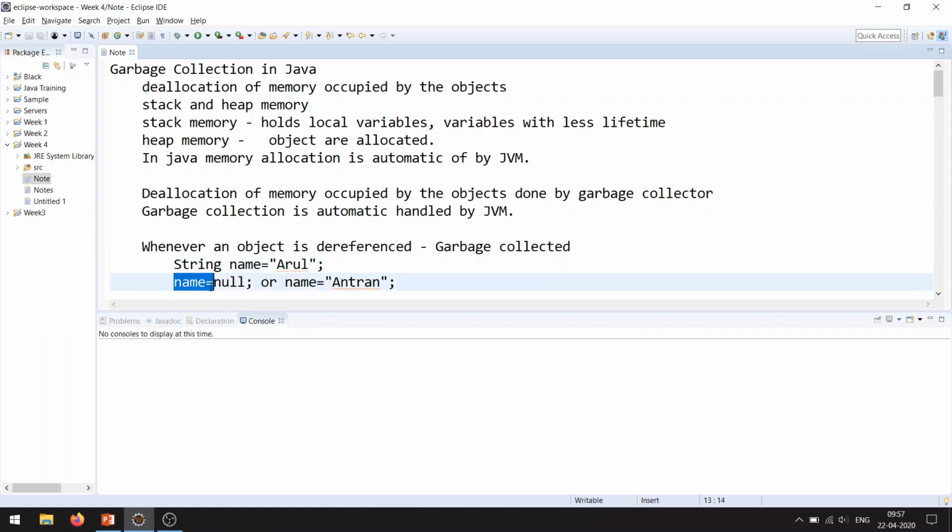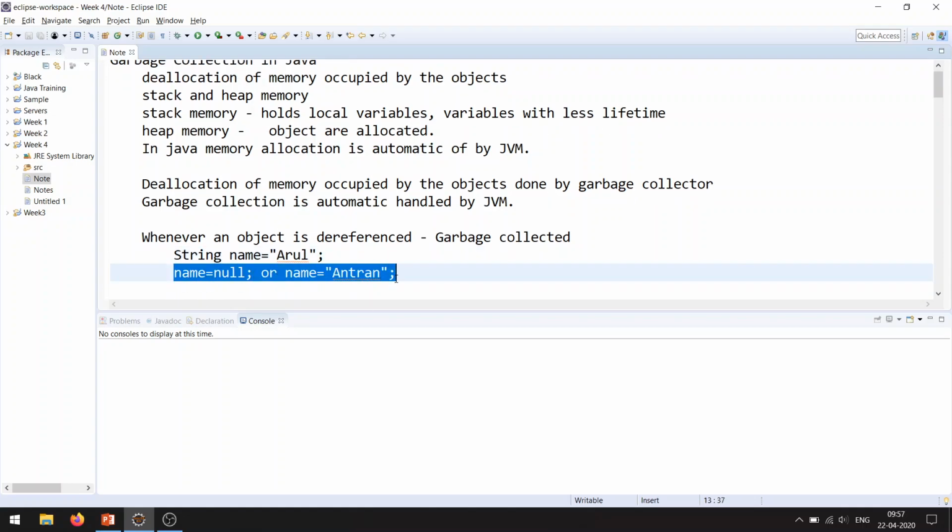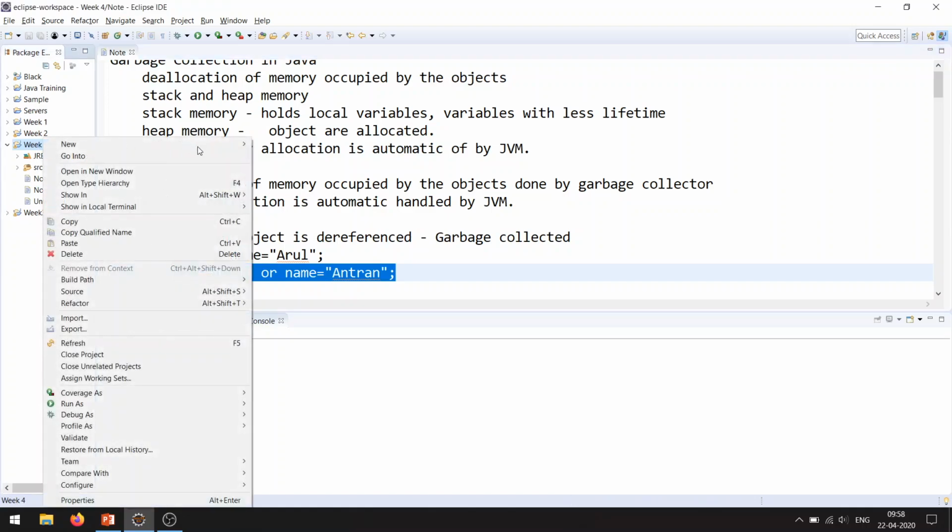So whenever a scenario comes like that, whether you assign the string reference as null, or assign the object reference as null, or assign the reference a new object, internally you are dereferencing it. In that case your garbage collector picks those dereferenced objects and performs deallocation, right? So now we'll demonstrate how garbage collection is executed in the background with a sample code, and I will show some practical scenarios where deallocation is happening, right?